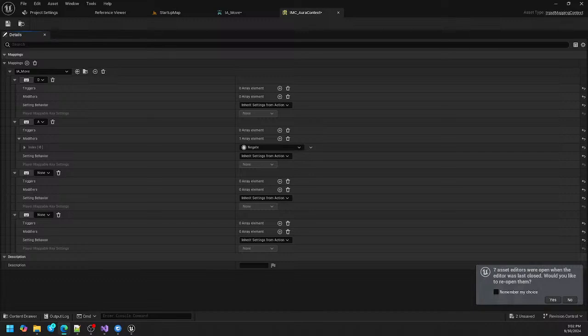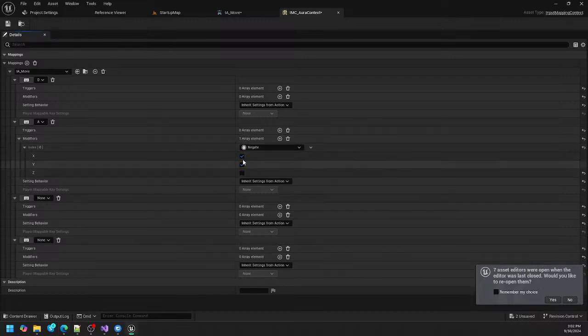So the z-axis here has no meaning for us in any of our modifiers for IA move. But D and A, those are going into the x-axis. Remember, I said A and D is left and right. We're considering that the x-axis in this two-dimensional space for IA move. So we're going to negate that x-axis. We don't need y or z checked. We just want to negate the x-axis here. So that takes care